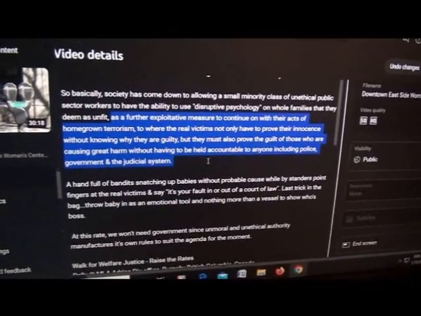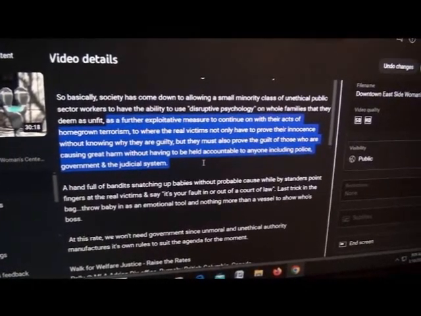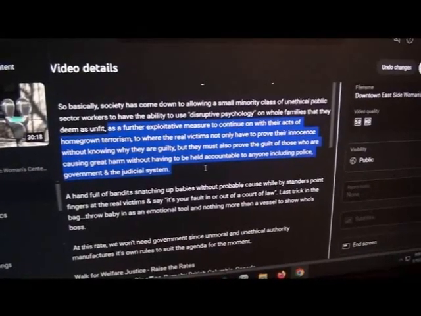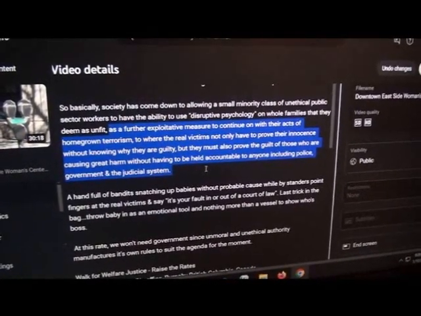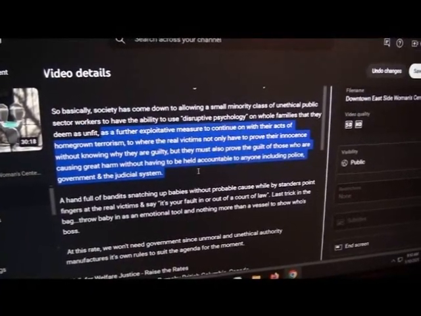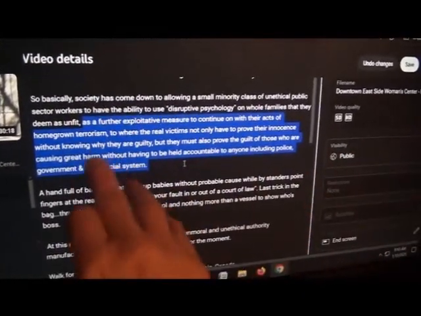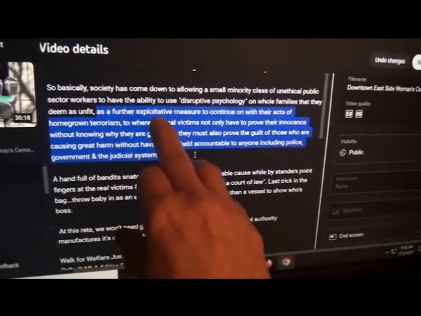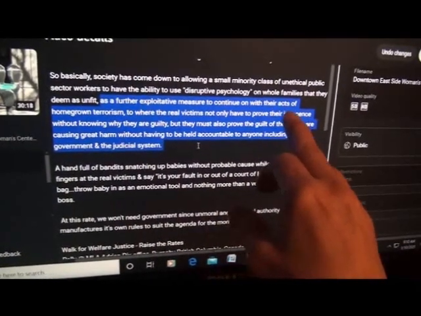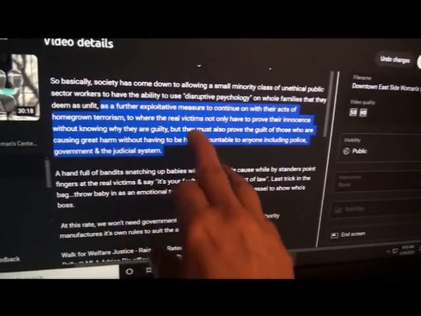In terms of removing scoundrels from positions of authority on all levels of municipalities, including the police departments. As a further exploitative measure to continue with their acts of homegrown terrorism, all right, to where the real victims